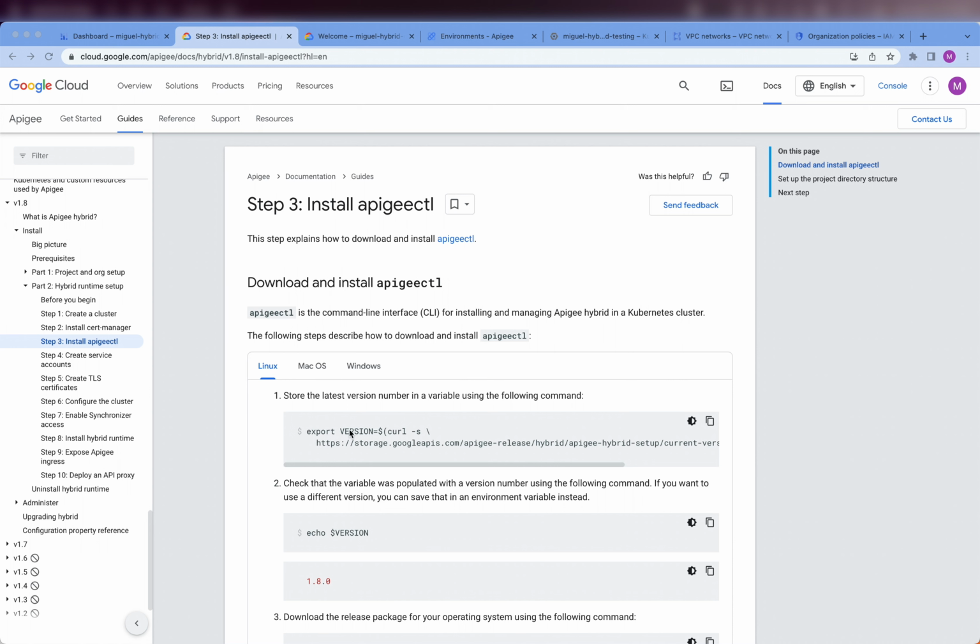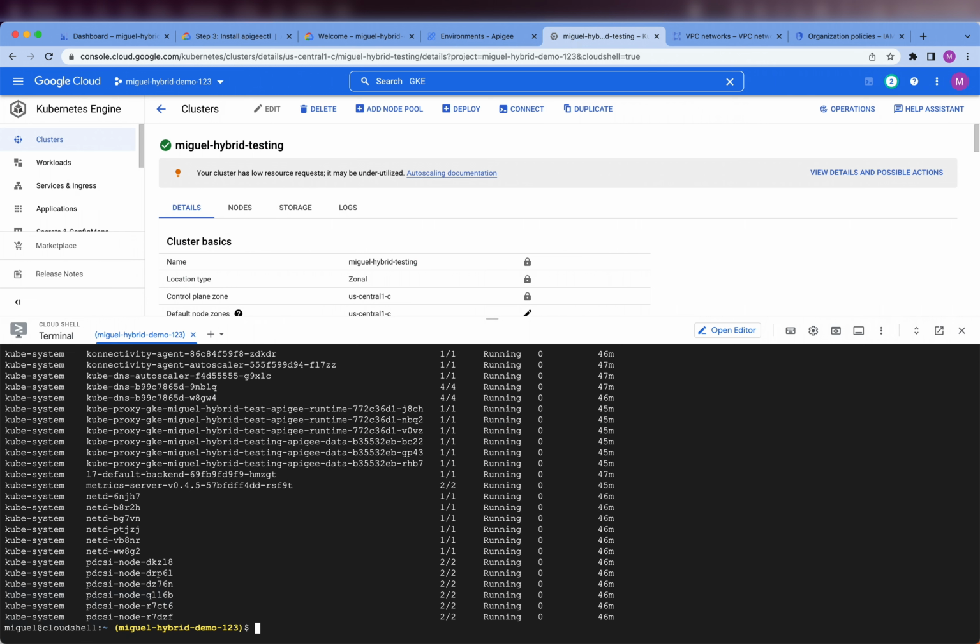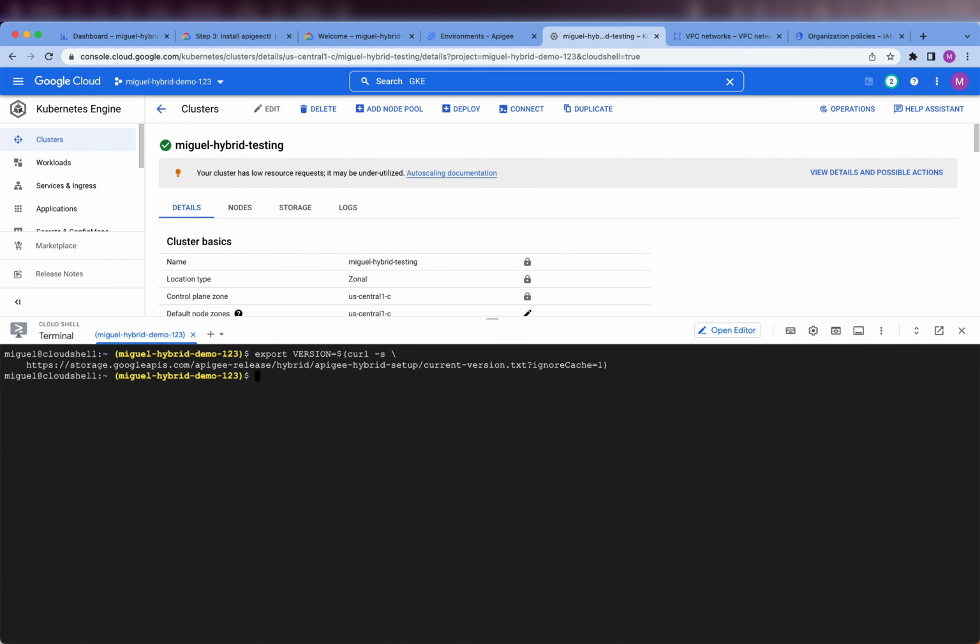First, we're going to set an environment variable to hold the version of the installer that we want to use. What this command is doing is actually going to a GitHub repo and grabbing the latest version number that is available. So let's go ahead and do that. All right, now let's print it. And we have version 1.8